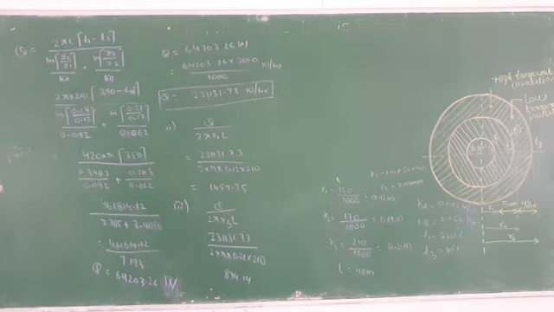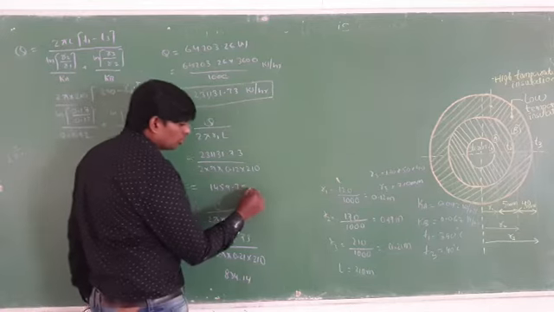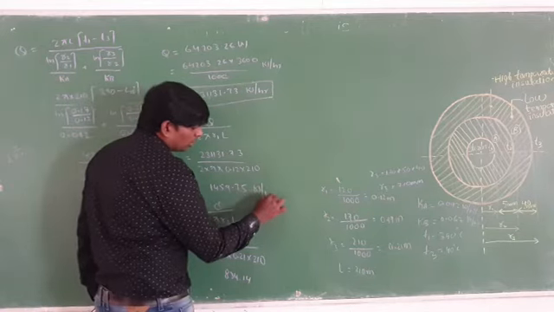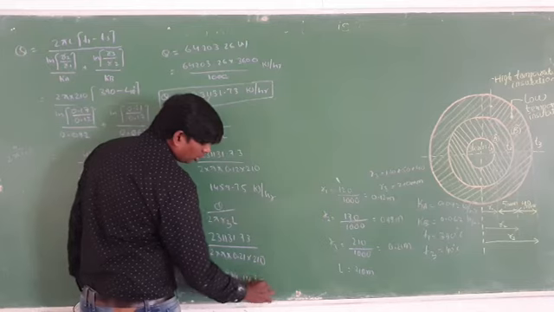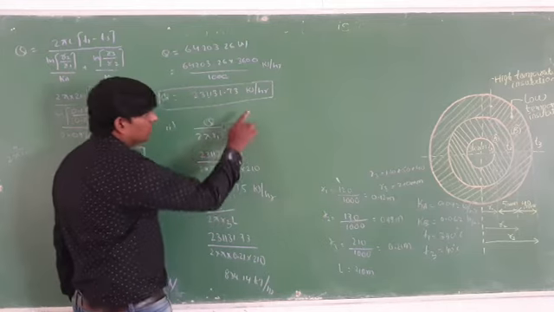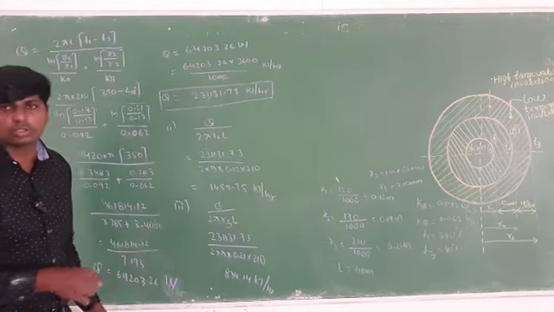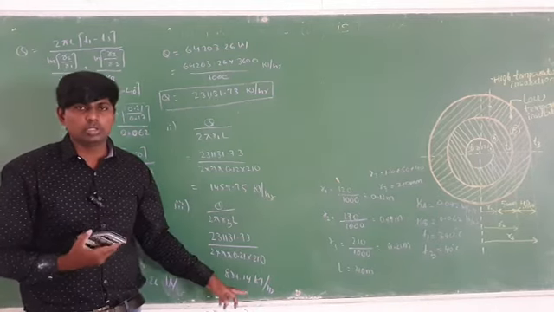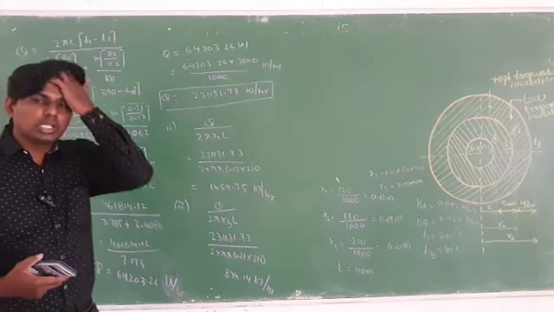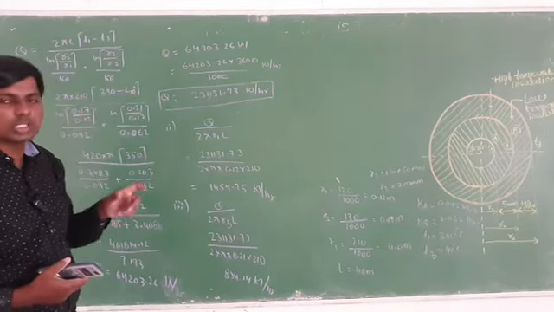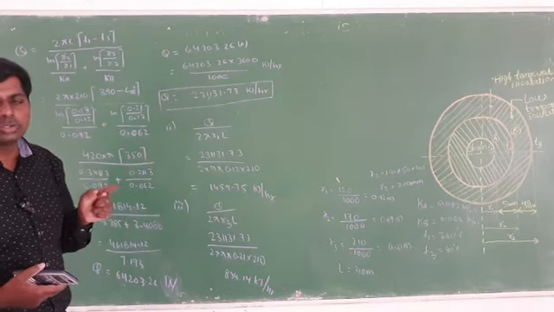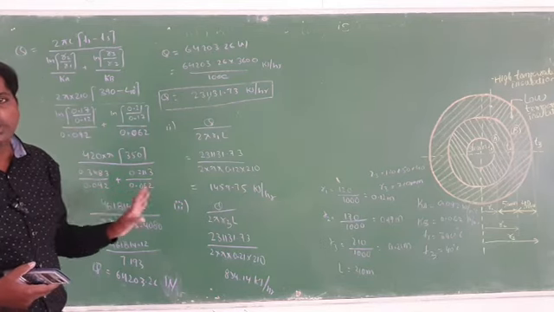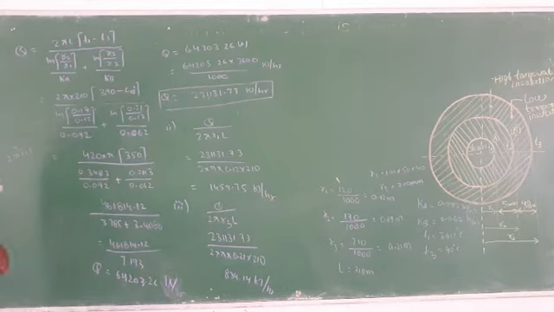As you can see, the unit in the question, you converted Q into kilojoule per hour. So this unit is also kilojoule per hour and this unit is also kilojoule per hour. If this one is in watt, then this unit is also in watt. Why did you convert to kilojoule per hour? Because in your question it is clearly mentioned that Q should be in kilojoule per hour. That's why you converted Q to kilojoule per hour.